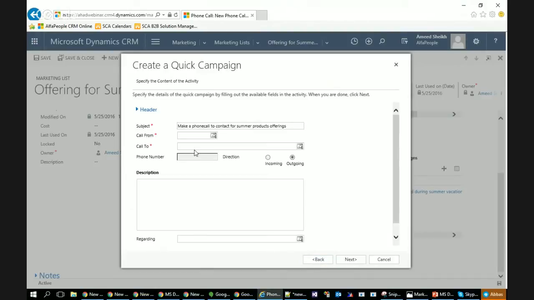And then who are we going to call to? The person who we will call. That's the contact. And the phone number, of course, is also grayed out because that will be filled in based on the contact's phone number. We can just provide a description here for the sales guy. Sales guy here is myself. So when I go into my activities dashboard and I open this activity, I should see what I have to do on this activity. Please make a call to this contact